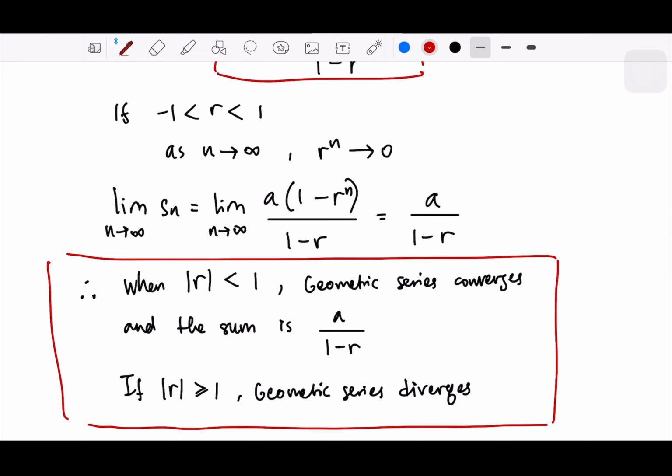But then, of course, how we observe the series from the pattern will determine how you can find the ratio. For example,